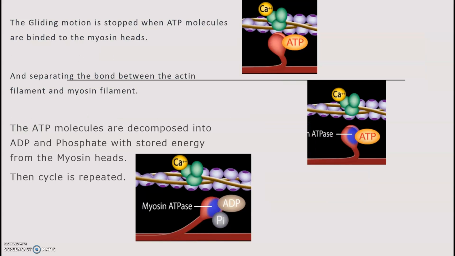Then the gliding motion is stopped when ATP molecules are bonded to the myosin head. Then the bond is separated between the actin filament and the myosin filament. The ATP molecules are decomposed into ADP and phosphate with stored energy from the myosin heads, and then the whole